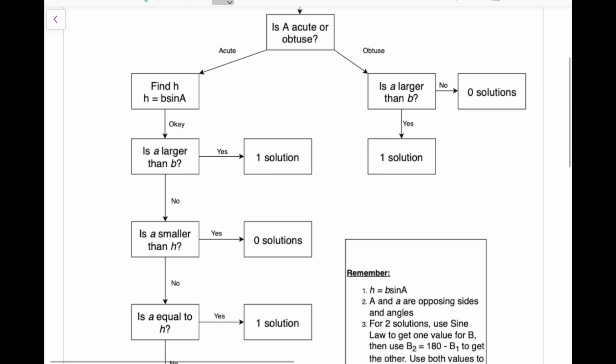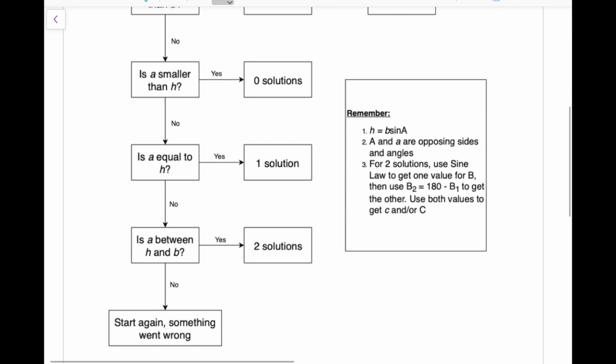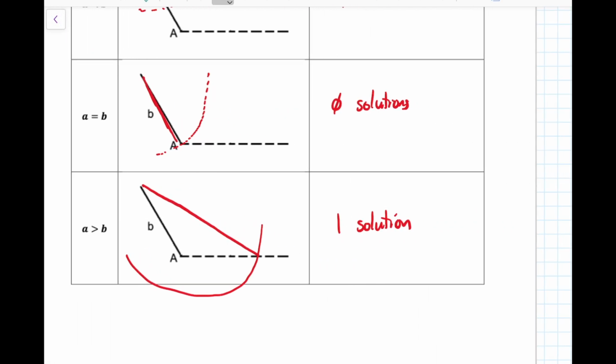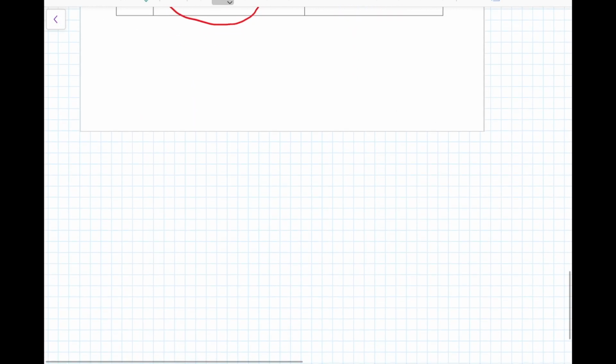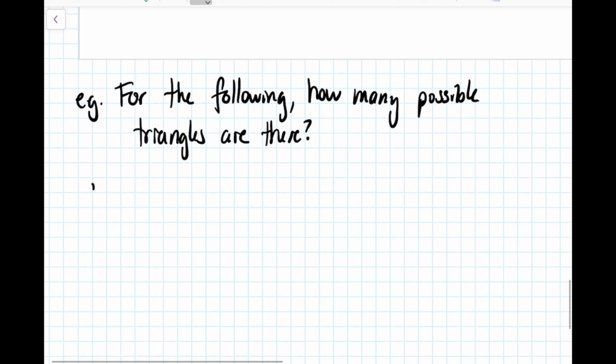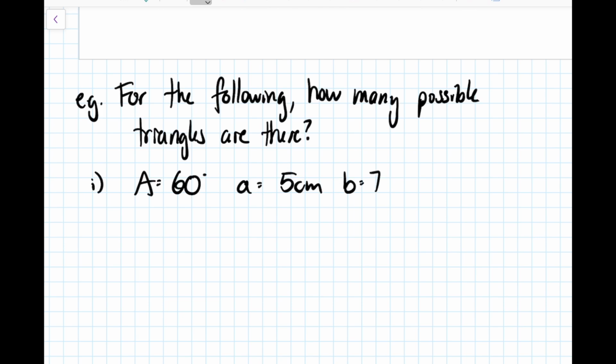And then from there, you're just going to go through and answer a bunch of questions that guide you to specific things. So let's try putting this to work and see if we can figure out how many solutions some given questions are going to have. So for the following triangles, how many solutions, or how many triangles are there, we can even say. All right, so let's start with angle A being 60 degrees, side A being 5 centimeters, and side B being 7 centimeters. So if we look at our flowchart,